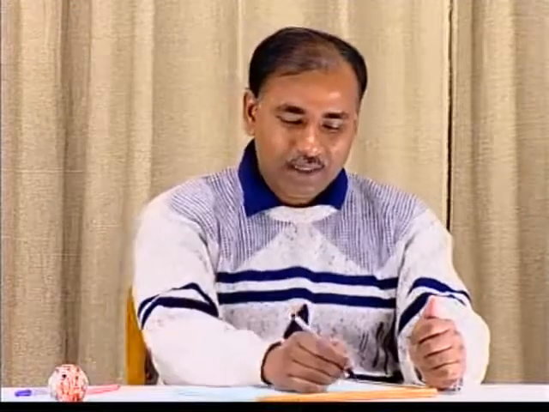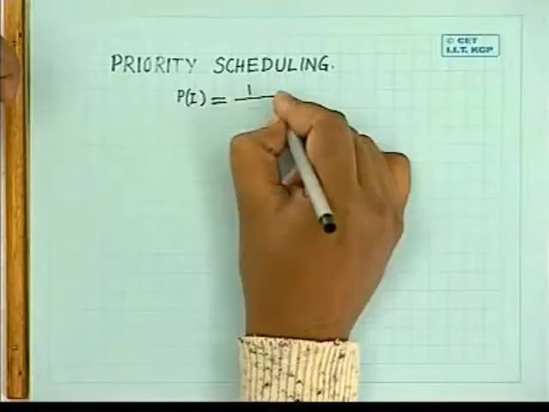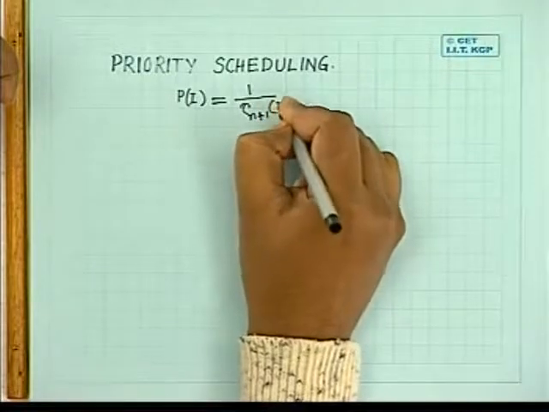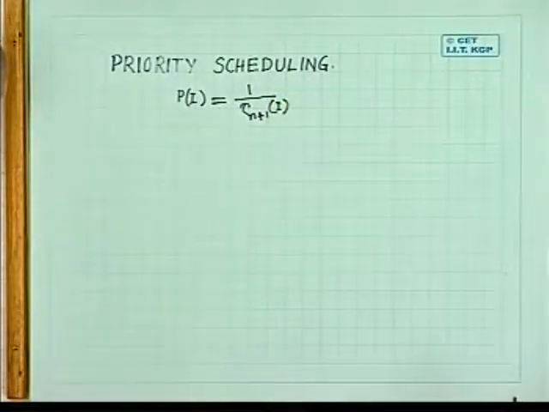Now, if you compare this priority scheduling with shortest job first scheduling, you will find that SJF is nothing but a special case of priority scheduling, because there I can say that the priority of a job Pi, priority of ith job, is nothing but the reciprocal of tau n plus 1 i,